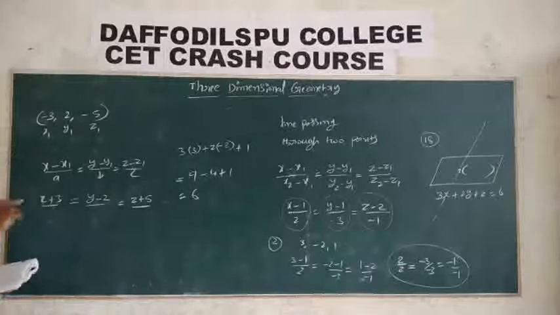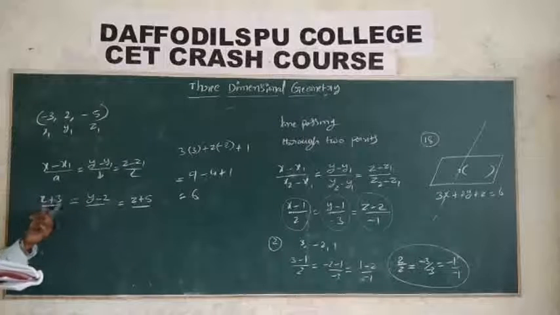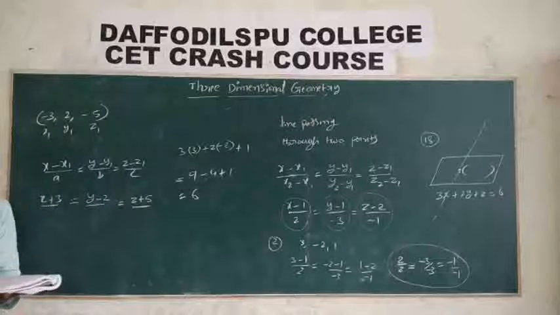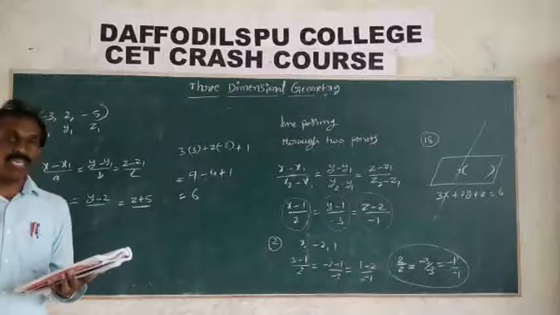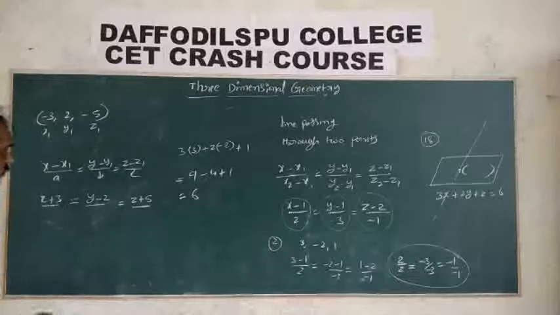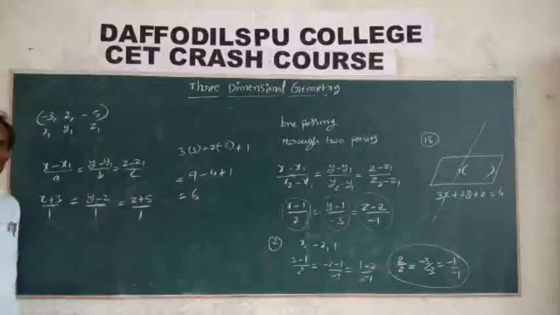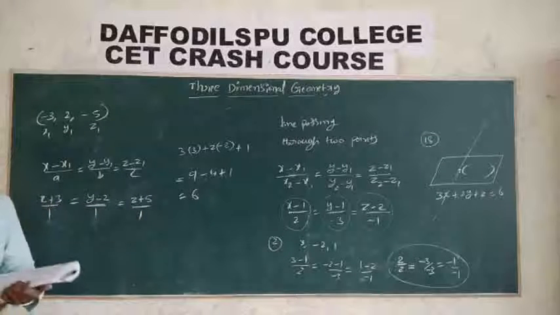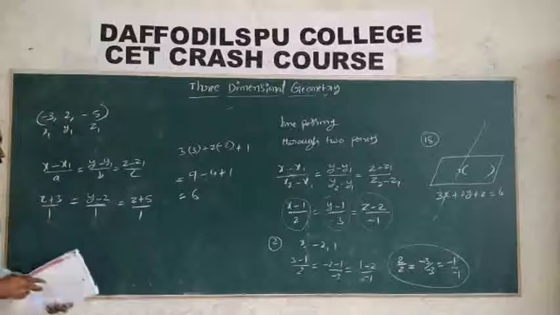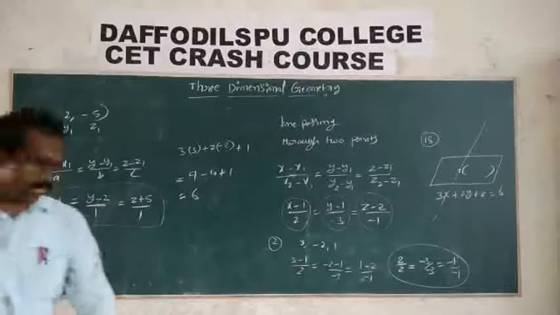So this type of options, how many are there? The first, second and third options are all (x plus 3), (y minus 2), (z plus 1). So the denominators are the direction ratios. Okay, equally inclined. The equation of the line equally inclined to the coordinate axes means equal angles, the same values. Only the first option makes it equally inclined with the coordinate axes. Therefore, the first option is the correct answer.